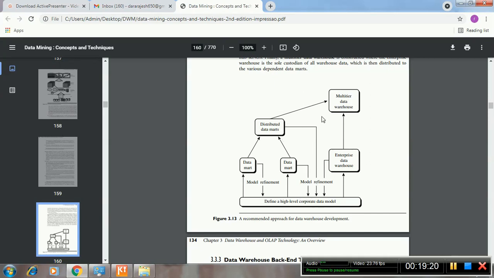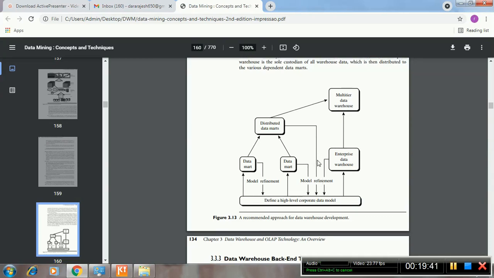Then it is moved to the next layer, that is called multi-tier, the third level of data warehouse. This is how the development of a data warehouse can improve the efficiency of the data present in it. That is the point that you have to understand.